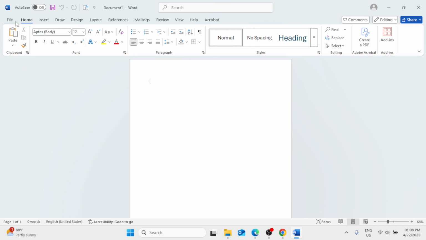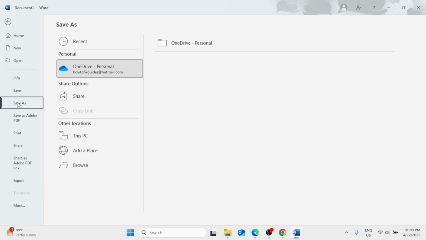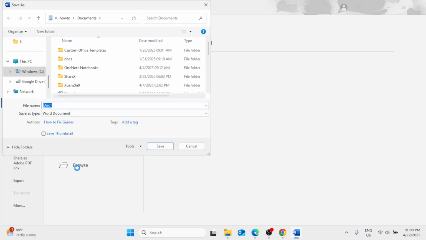You'll find the file, home, insert, draw, design, layout, preferences, mailings, review, view, help, and the Acrobat. Now, we need to click on the file tab, which is the very first tab on the top left corner. Click on the file tab. And here in the list of options, you will find save as. Click on save as. And here you'll find the option browse. Click on browse. Then here simply locate desktop,